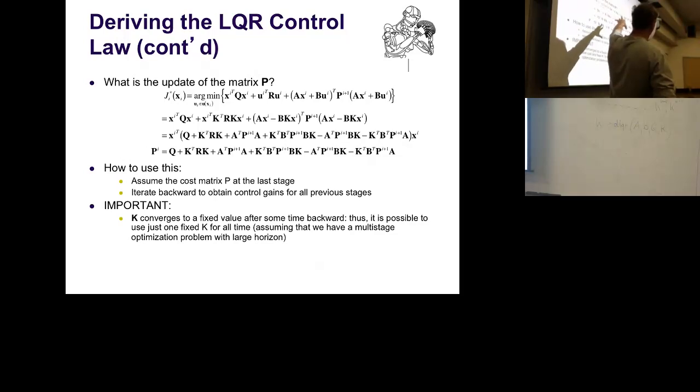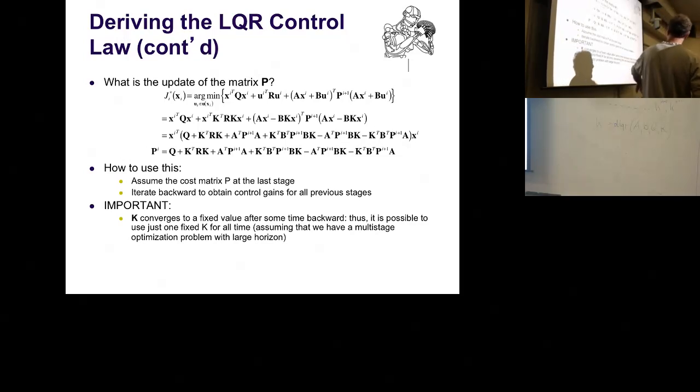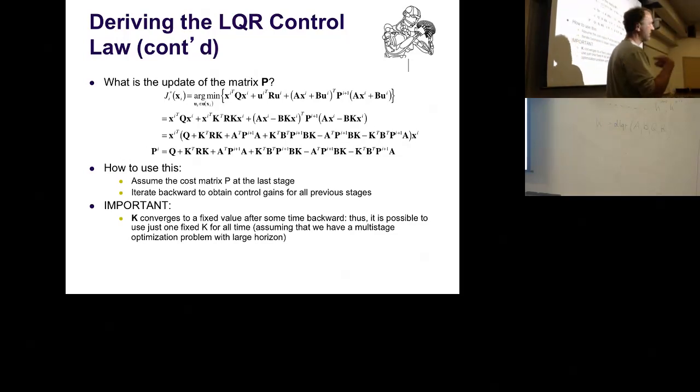MATLAB implements it in a kind of eigenvalue, eigenvector method. There's a different way to solve that, except that it is more brittle. So MATLAB is more susceptible to some matrix inversions. I think when the A matrix is rank deficient, it bothers MATLAB. If the A matrix is rank deficient, it does not bother if you just iterate the Riccati equation backwards. So that's kind of interesting. That's a more robust way of doing it. It's just not as fast. It's just an iterative method.